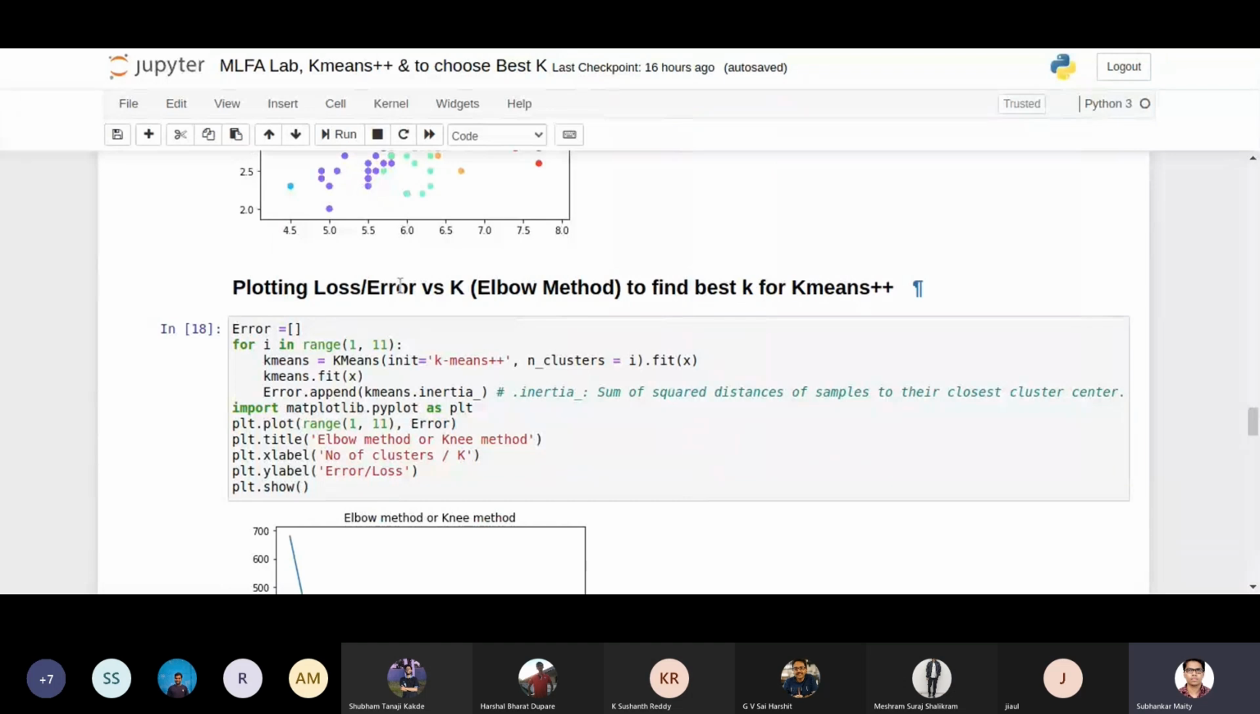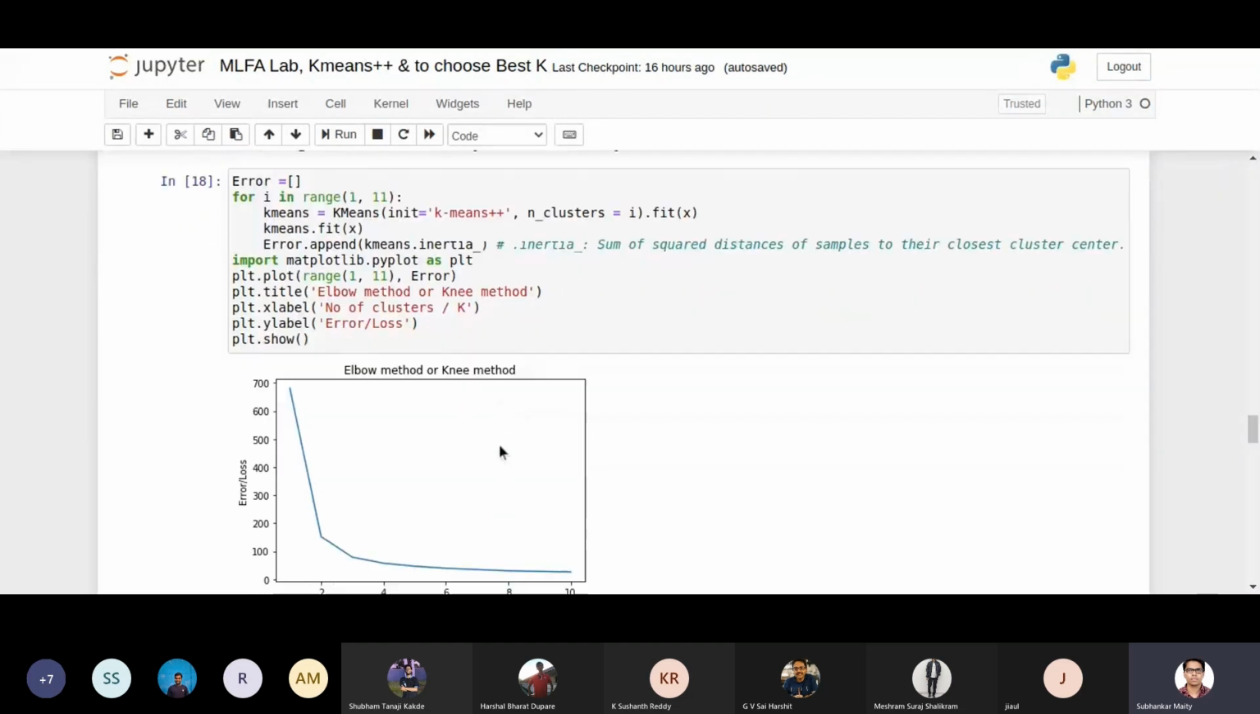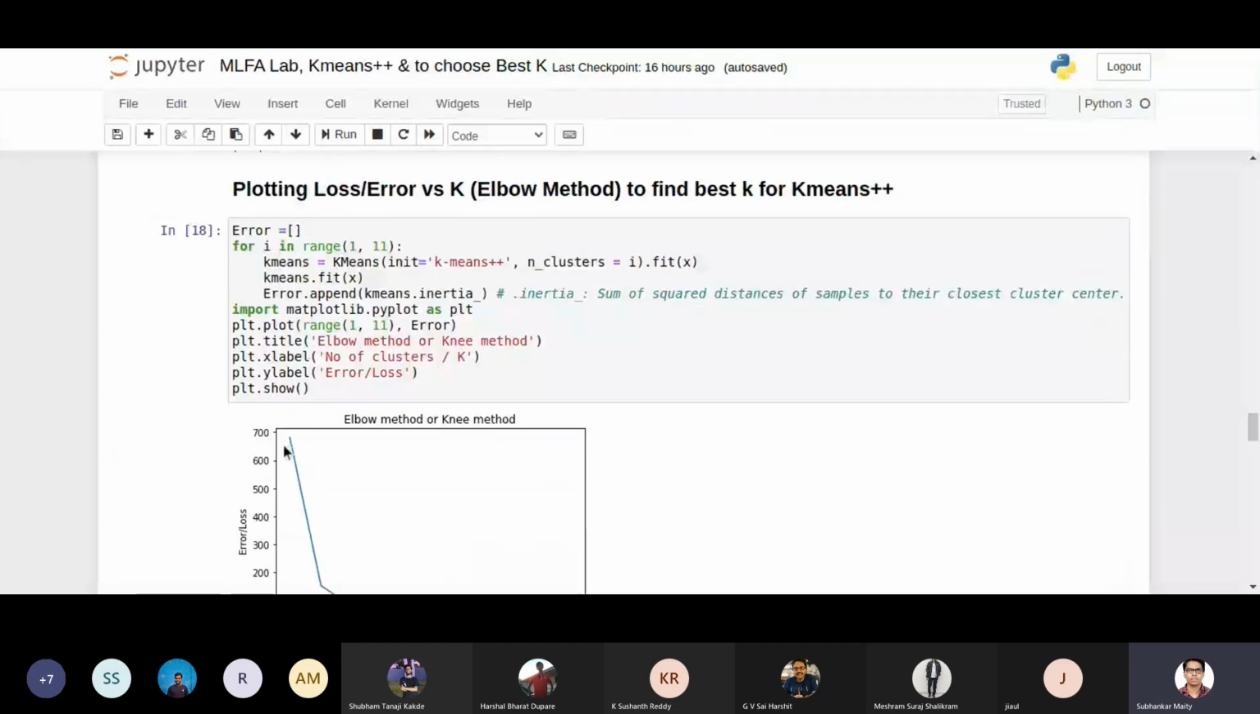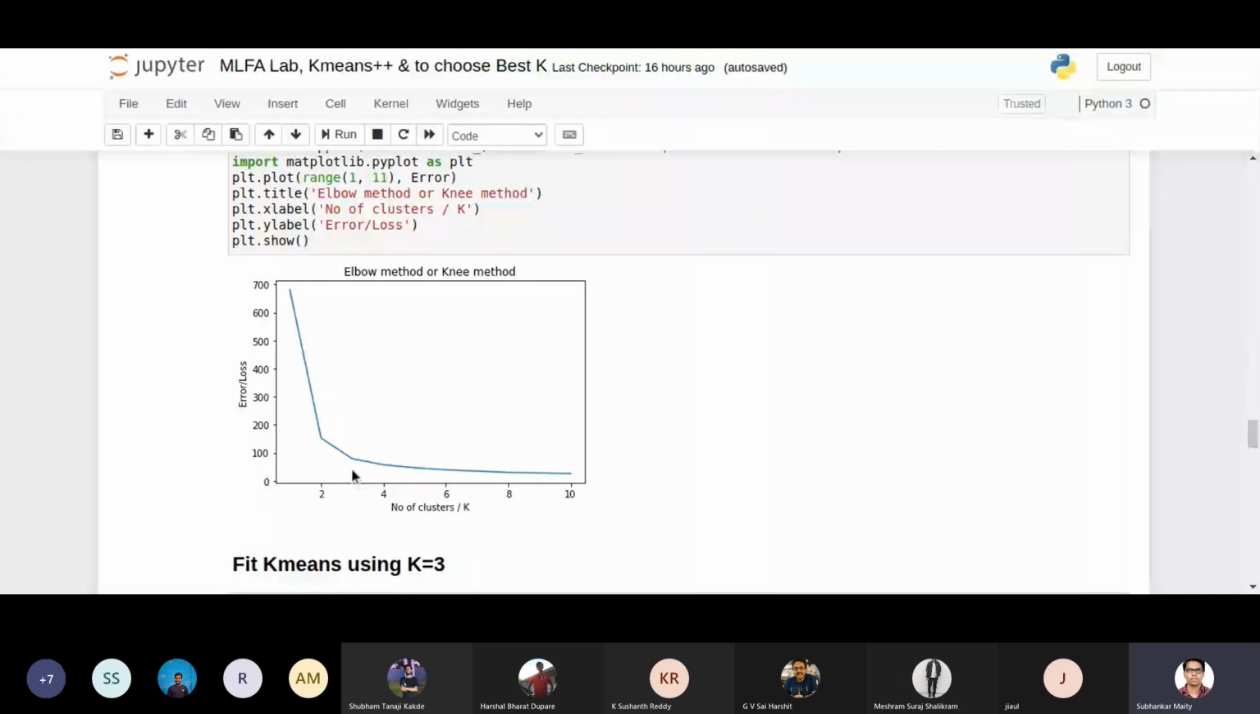You have to plot this elbow method or knee method. So x-axis is k and y-axis is error loss, squared loss. I have run this for k equal to 1 to 11. I have here used k-means plus plus. If you want to find for k-means, then you will just write init equal to random, and the rest will be the same. So you can see from this picture that I think k equal to 3 or 4,